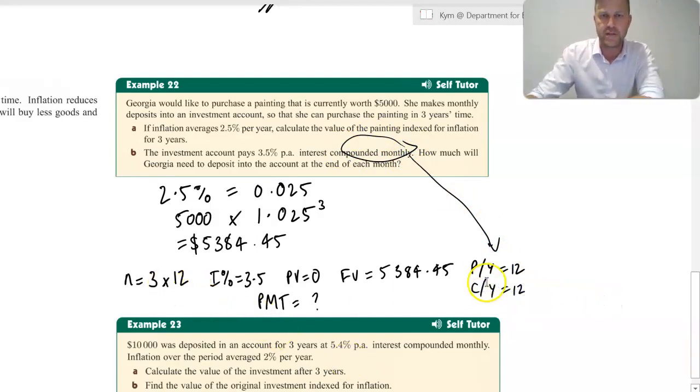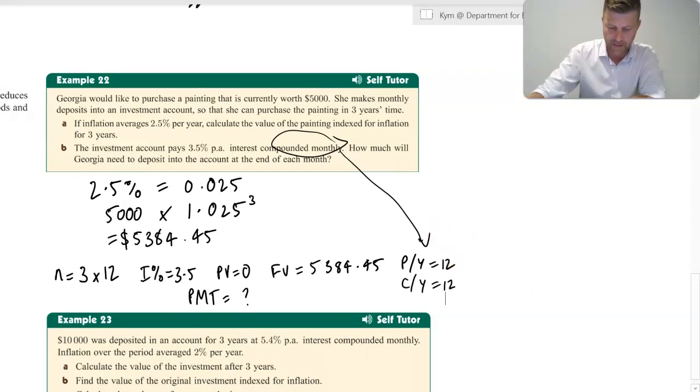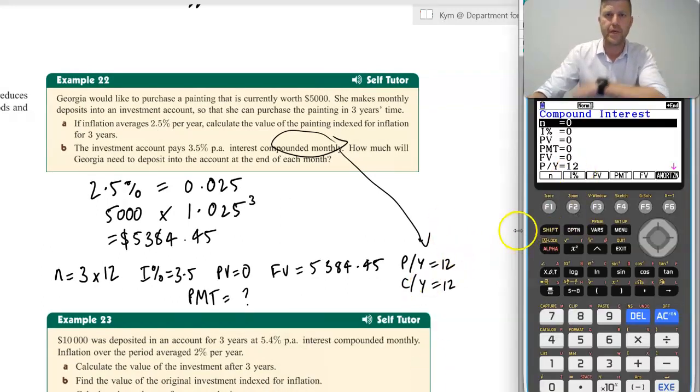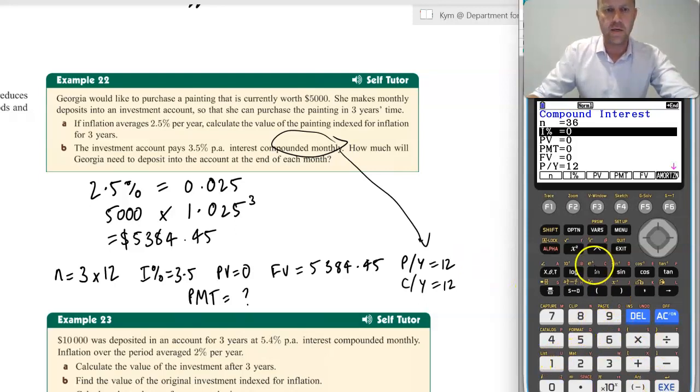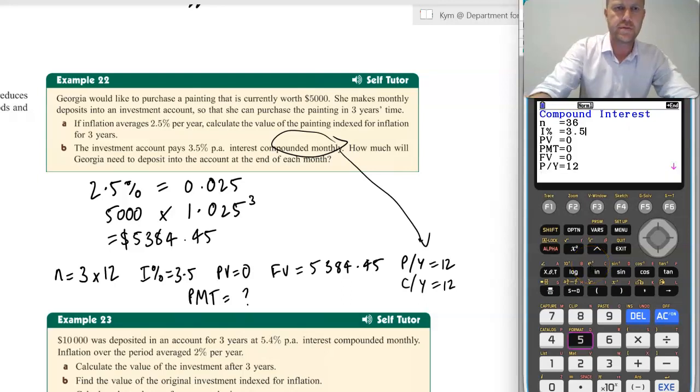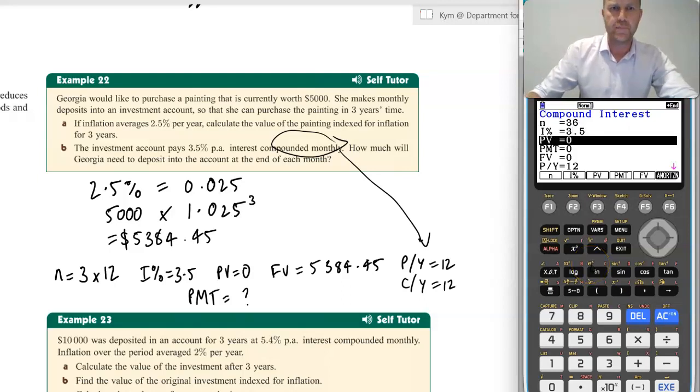So let's go ahead and put those values into the calculator and ask it to calculate PMT for us. So on the graphics calculator, enter in 3 times 12, or you can enter in 36 straight away. The interest rate, as we said, is 3.5%. The present value, we're going to start with 0. PMT is what we're asking it to calculate for us. The future value, we want it to be